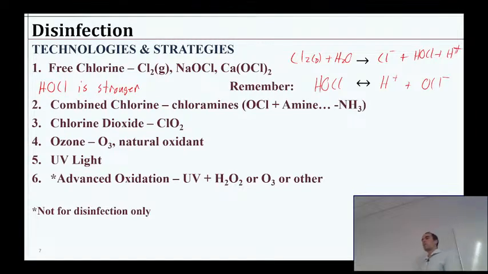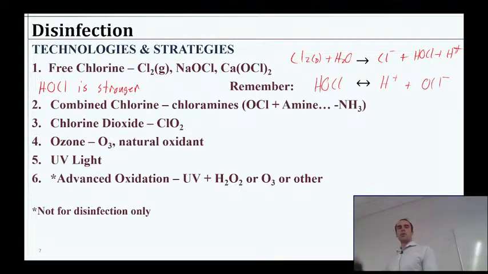We can also talk about combined chlorine, which is not the combination of those other ones. It's actually when we combine chlorine with ammonia. So chances are good if we have, let's say, wastewater, there's some ammonia there. So anytime we're disinfecting wastewater with chlorine, we're probably going to have a fair amount of chloramines. So combined chlorine is the total amount of chloramines in the water. We don't have to worry too much about this. I'm not going to go that far with the chemistry torture for you. But basically, when we have free chlorine and ammonia in solution, we'll get some monochloramine,